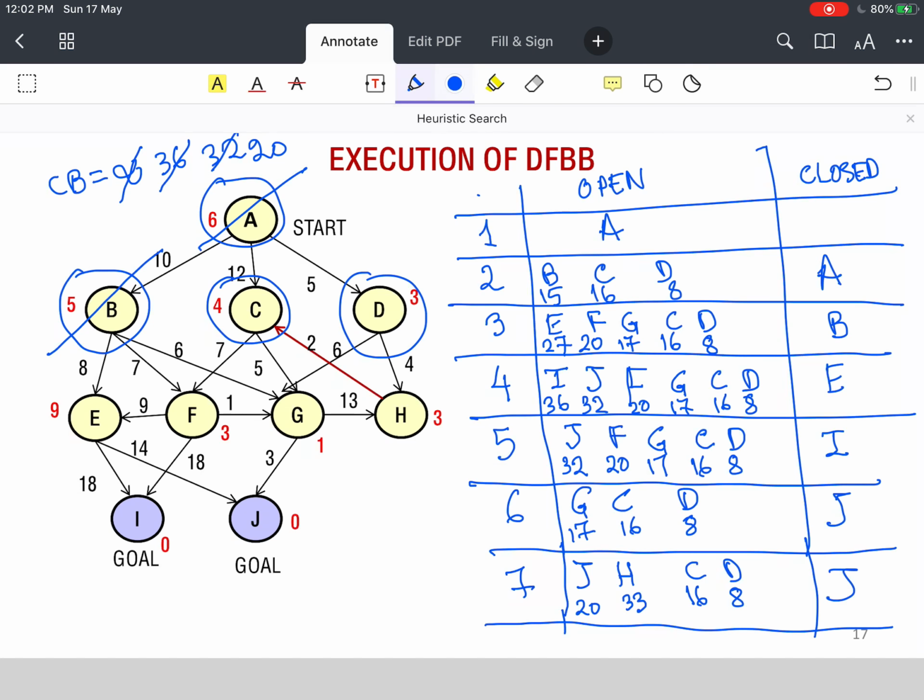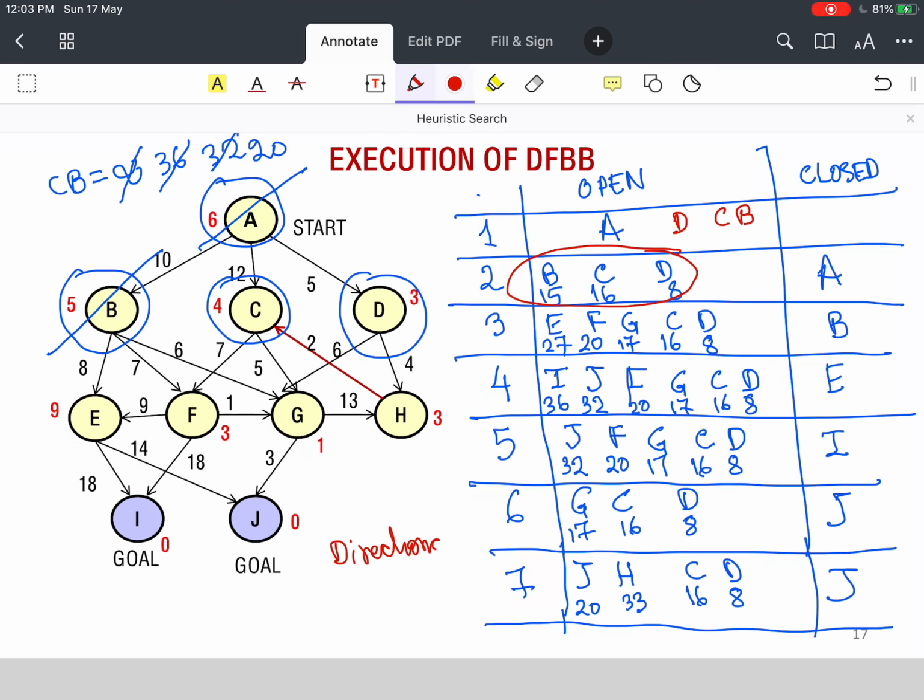So the algorithm will continue this way till it opens up D at some point in time. From there it will go again to G and open up J, and eventually it will reach a cost of 14. On the other hand, if I had ordered the depth first search by D, C and B instead of this ordering, because I could order the children in any order, then you can see that the search would have found the shorter cost path earlier.